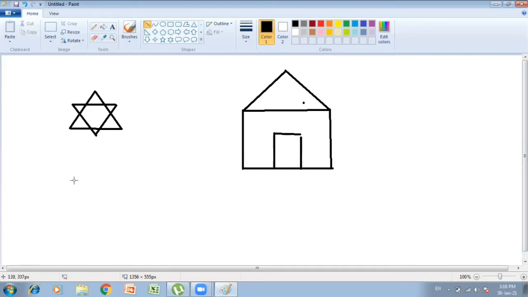Okay, children. Now, after drawing this, let us see how you can color it. So I will select the fill with color option. From here, I will pick any color. Suppose I have selected yellow. Then I will click here inside this enclosed area. Then this area will be colored with yellow. Let's select blue. Okay. So this way you can use the fill with color option to fill color in your drawing. If you click on the line that you have drawn, then it will color that line with the selected color. Okay.